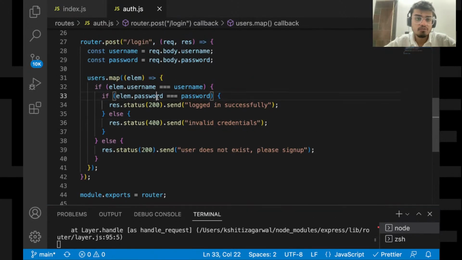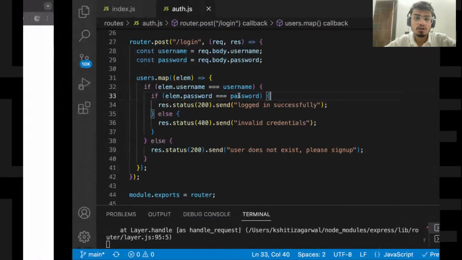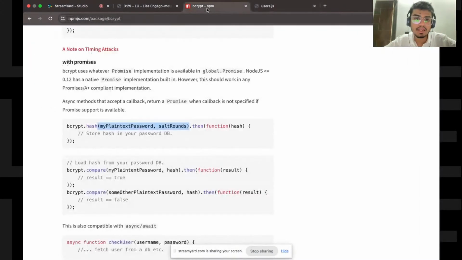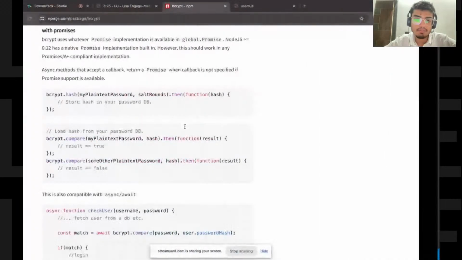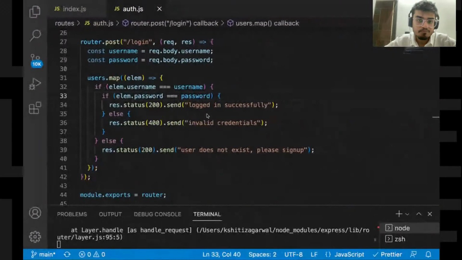One thing, we don't directly compare the password because it would be encrypted, right? So for that we again use bcrypt, bcrypt.compare. How does it compare? So simple.